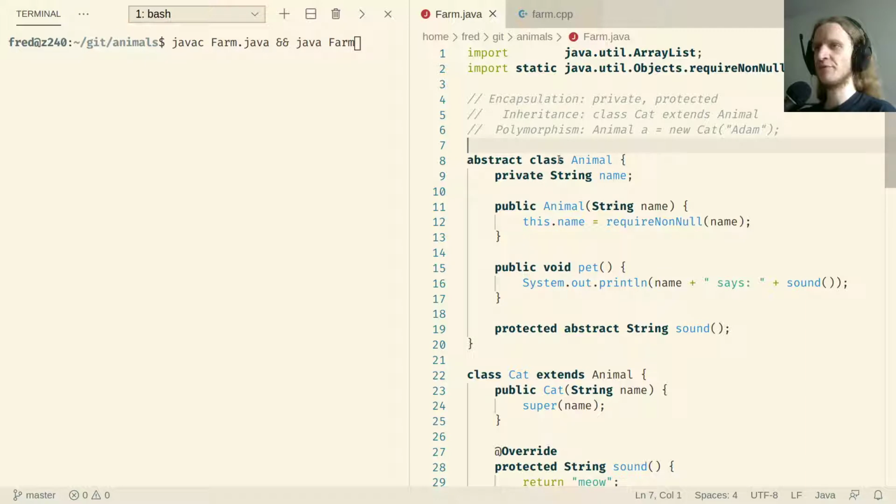We have an abstract base class Animal with a name. That name is initialized in the constructor via assignment from the parameter. And since Java references can be null, we require at runtime that we don't want a null reference. Okay, then we have a pet method, which simply prints to the terminal the name of the animal, followed by "says", followed by some sound, where sound is an abstract method, which means the subclasses have to override the